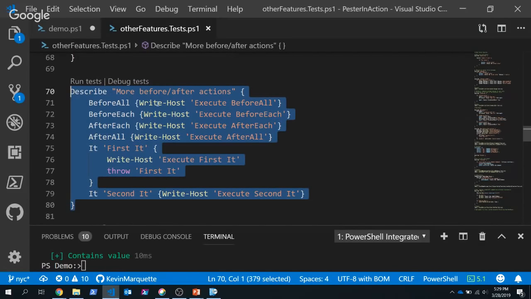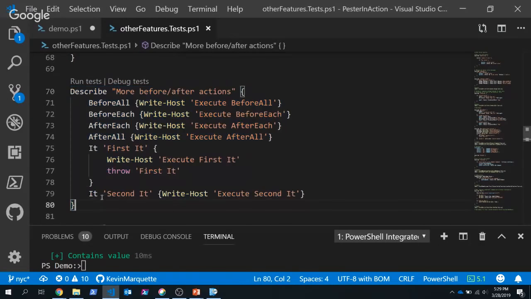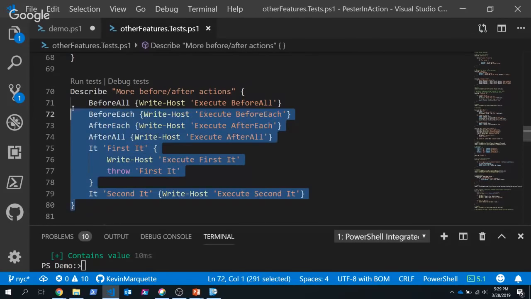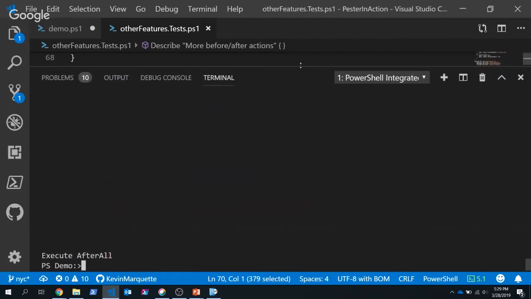And so I'm going to run this block here since I have all these write hosts, so we can actually see the order of execution on this stuff. And notice that my first one is going to fail, this first it statement, and we'll see the second one should still run. So when we run all of these,